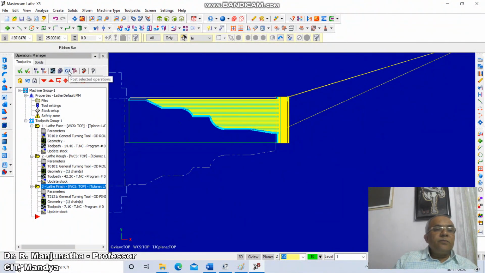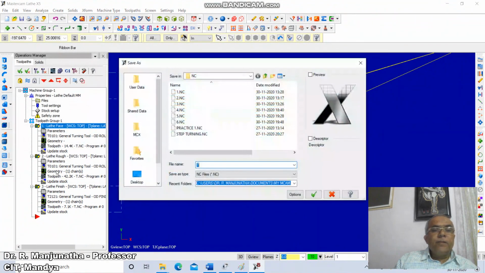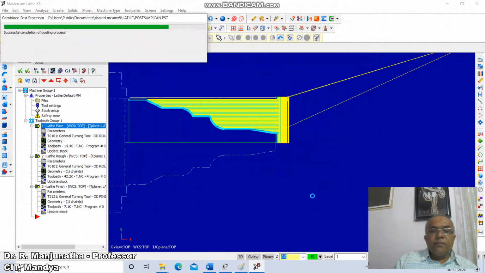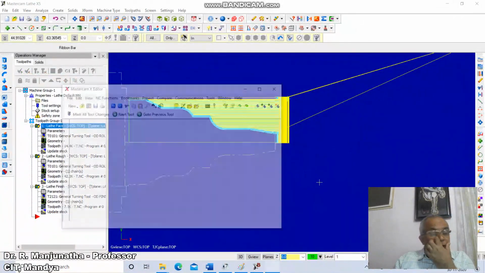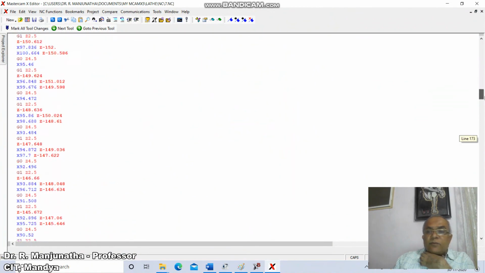Click on G1 post selected operations, click to generate the NC codes, click on G1, click on OK. Now we'll type number 7 and click on OK. So now we are able to generate the codes for this profile.